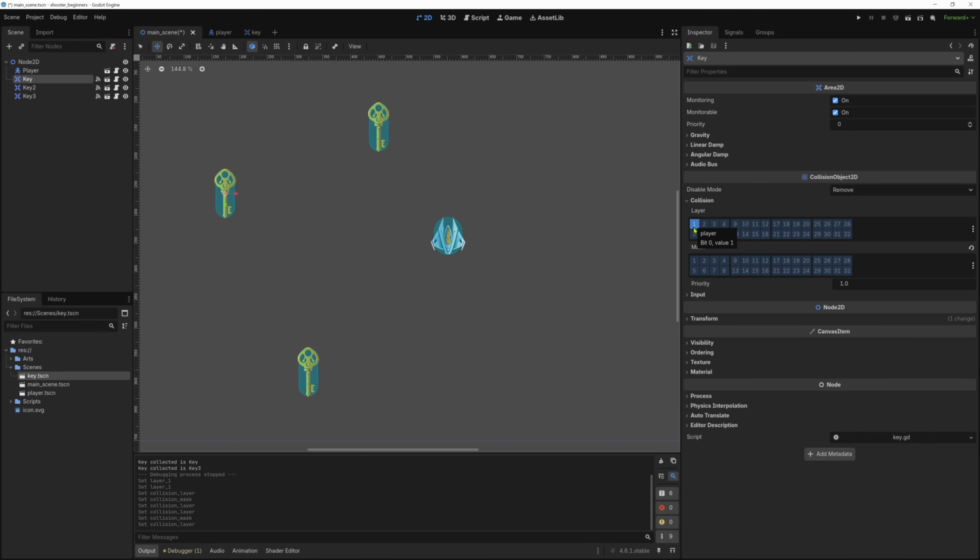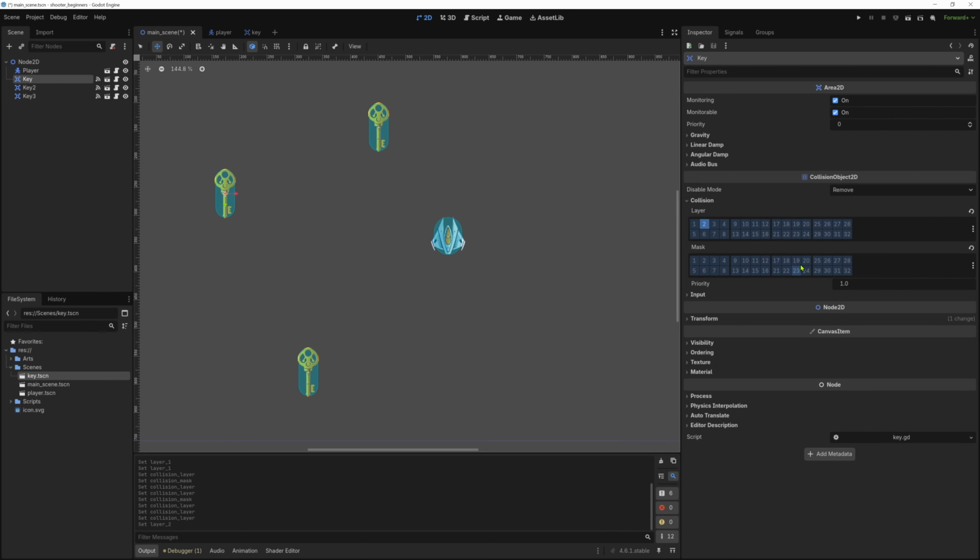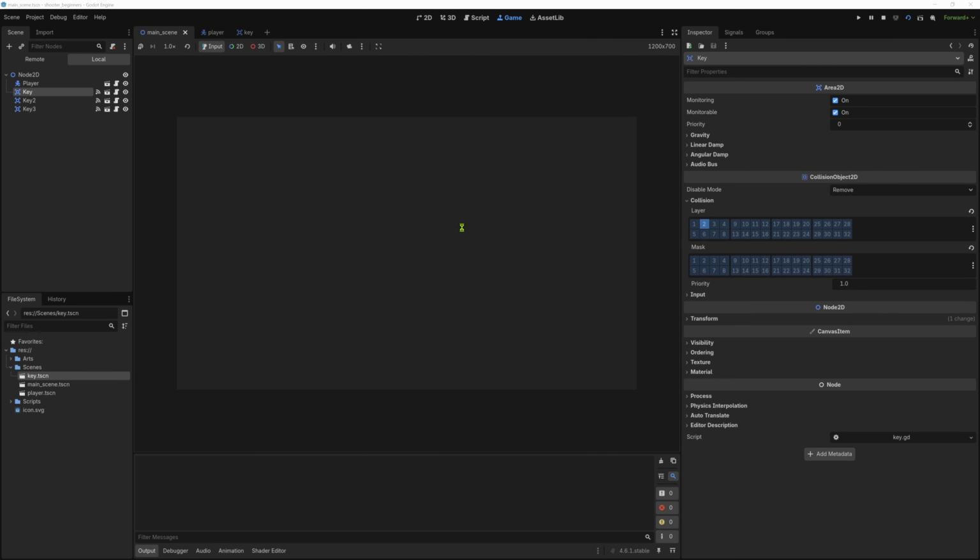If I hover, it's player. We don't want the key to be a player. We can say, okay, maybe layer 2 can be collectibles. So we go on edit layer name, write collectibles. This is a good practice to do. So we write collectibles, and if I start now,